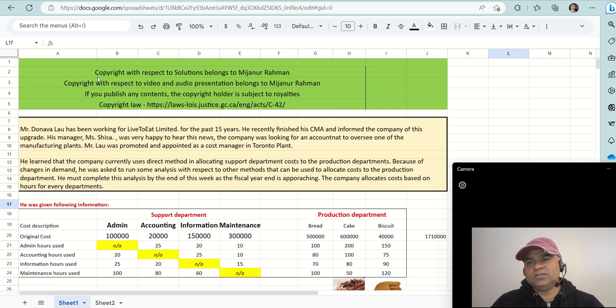The company is called, I gave it a name just to make it stick in your mind, Live to It. The proper term is "it to live." So anyway,